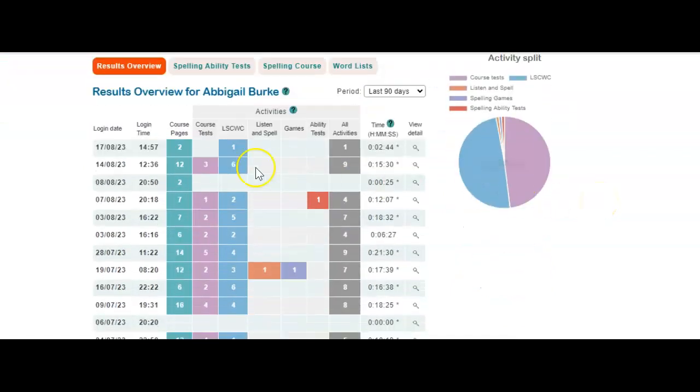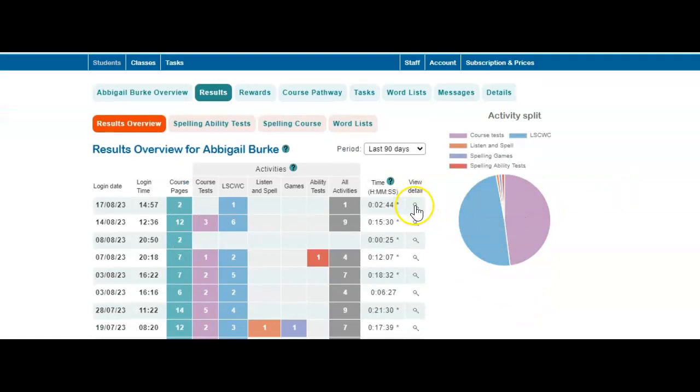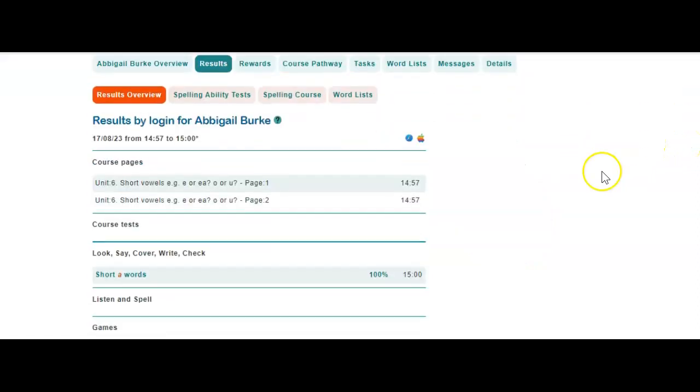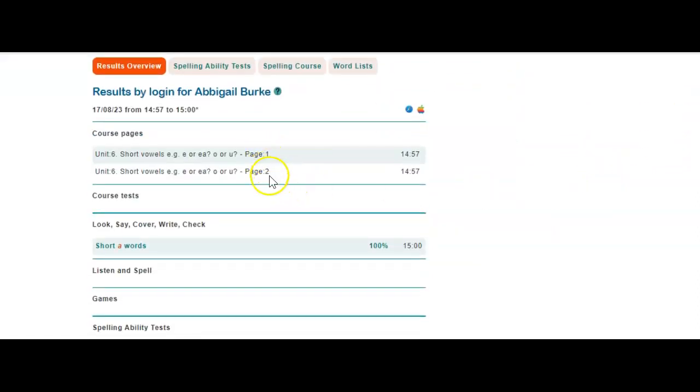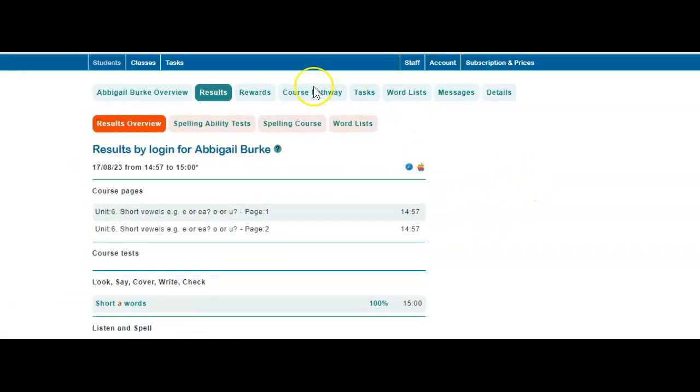And it tells me how long they were on for and what date. I can also get a detailed view of what they were in, and it tells me that they're on page 2 of Unit 6 and for how many minutes. Also, if they did any games or anything, it would all be listed here, but Abigail doesn't do that. For the results too,